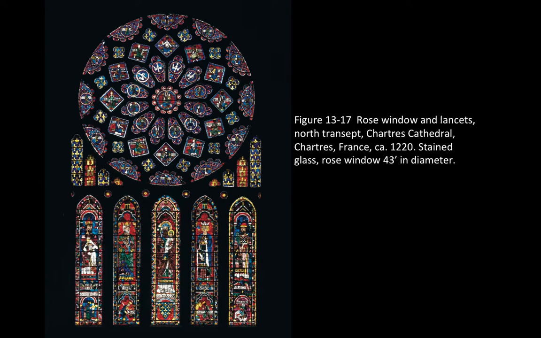Chartres is also fairly unique because a lot of the stained glass in other cathedrals was destroyed during World War II, but the stained glass in Chartres is almost entirely original. Here you can see its splendor and glory, and one thing that makes the stained glass of this time period different from a lot of stained glass today is that the pigments were actually suspended inside of the glass itself. This glass wasn't painted, it was actually made, all of these different colors that you see here.